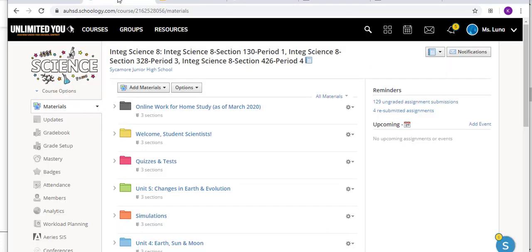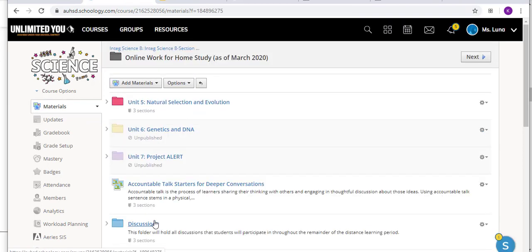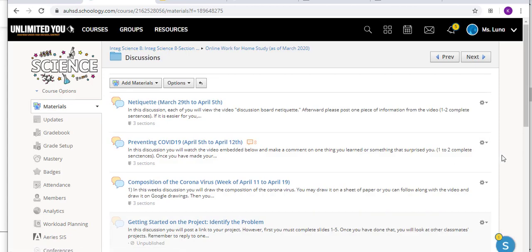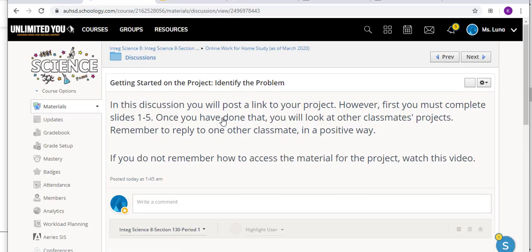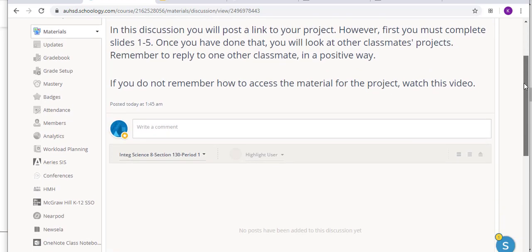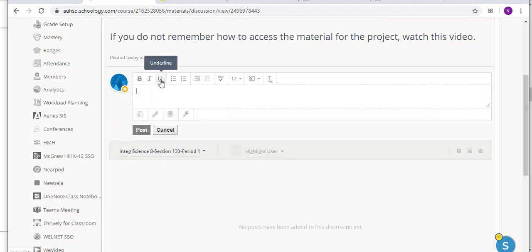And then you're going to go back to Schoology. Make sure that you click on the folder online work for home study as of March 2020. You click on the discussions folder. And then you go down to the getting started on the project, identify the problem, discussion. Once you get to this point, what you're going to do is you're going to go to write a comment,